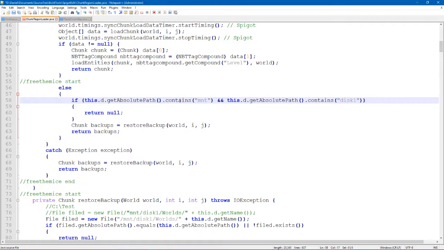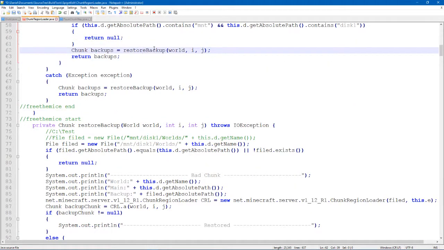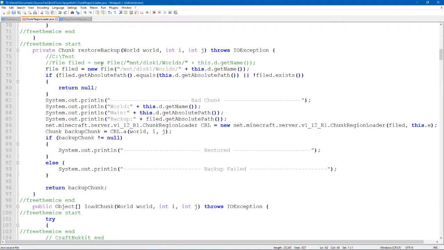And it gets the path of the on my server, which you'll have to change the folders. And if there isn't a backup, it just says go ahead and create the new chunk. But if there is a backup, then it's going to go to the restore chunk, and then here is